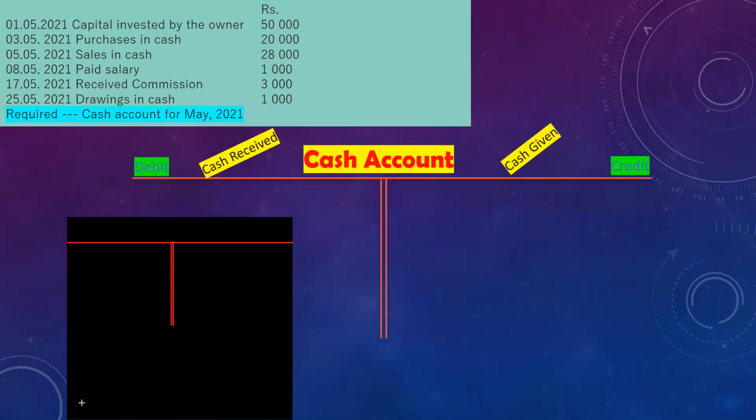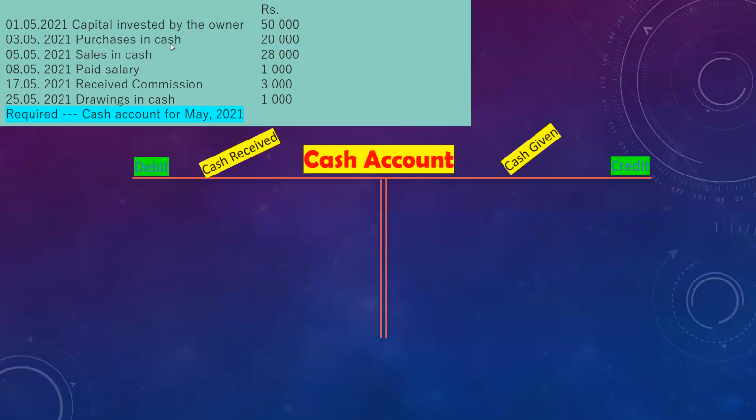If this black color is your book, my dear, this side fully we have to use, right? And in the middle, you have to draw the double line. You should not draw the cash account like this small one. Then you can't write anything, right? That's wrong. Don't draw like this. It should be like this. The rules we learned: cash received, debit to cash account; cash given, credit to cash account. We have to draw a double line in the middle with a small gap. Don't keep too much gap, okay?